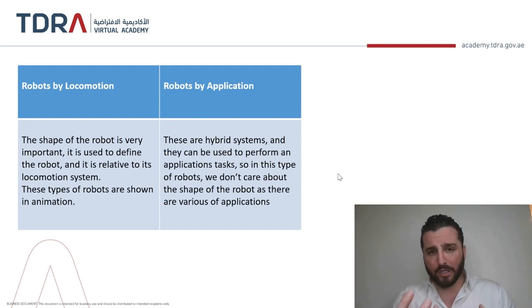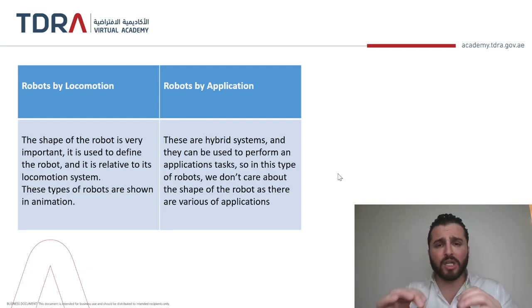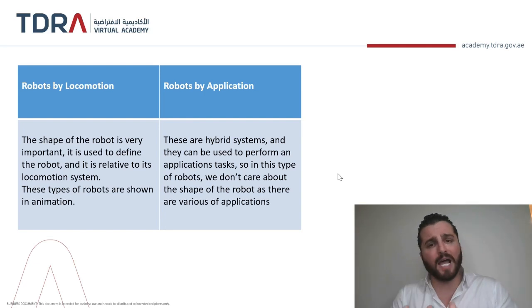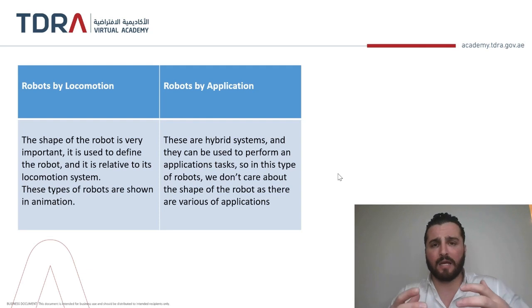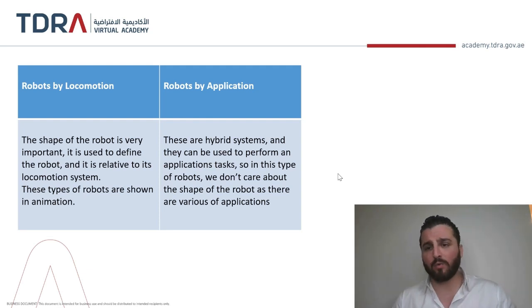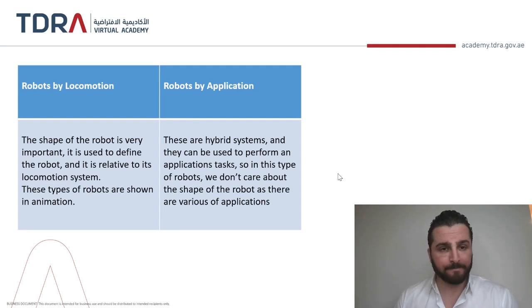that can be used through a bot, which is an intelligence that is directed to a particular task. For example, I want to move from A to B every day. This task will be accomplished and completed by robotics by application, or what we call RPA. This type of robot will not take care of the shape of the robot or how the robot will interact with objects. No, we are talking about a certain kind of routine jobs or applications that can take place through this kind of intelligence, what we call RPA.